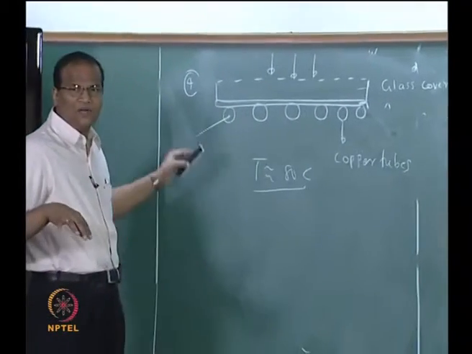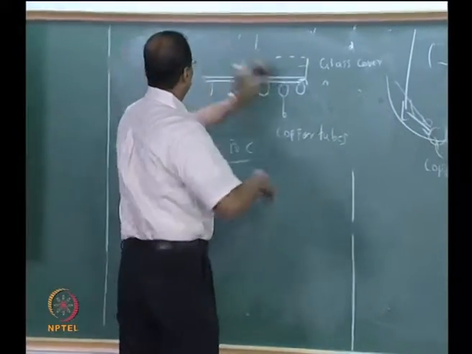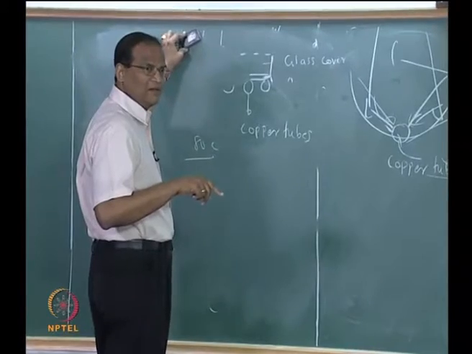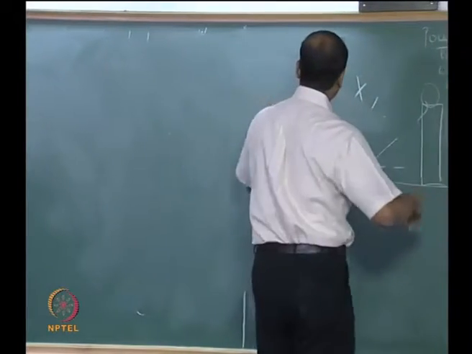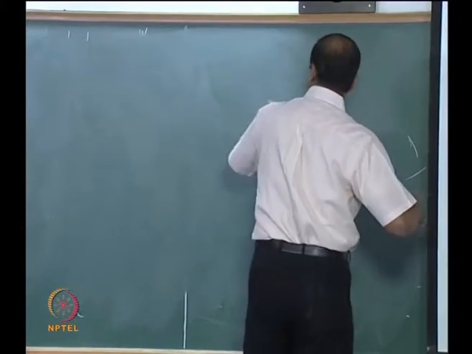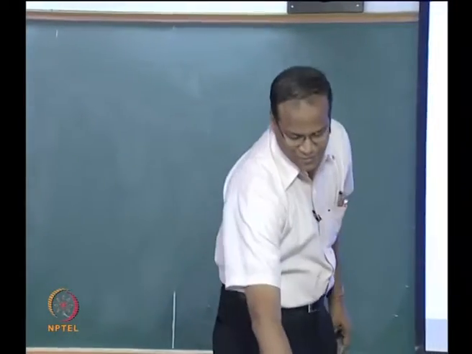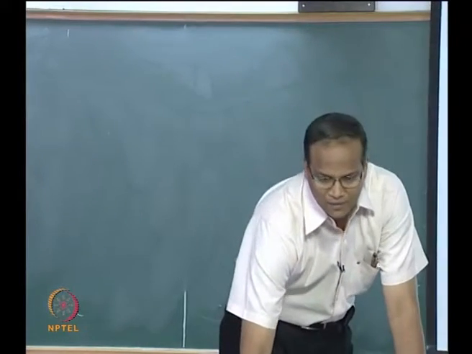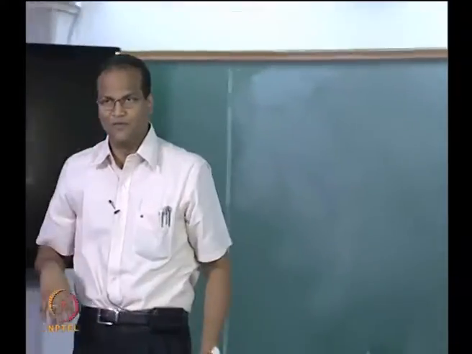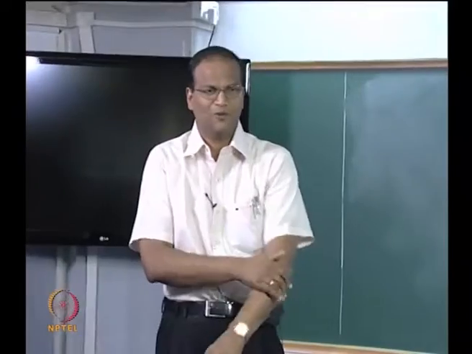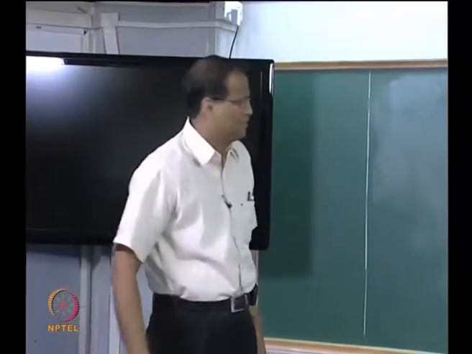So coal is also solar energy only. Everything is solar energy. Correct? Wind is also solar energy. It is not really renewable because the sun is not an inexhaustible source of power. But anyway, when you say it is renewable, you are looking at the time scale. For our time scale, it is renewable. In a cosmological time scale, it is not so.